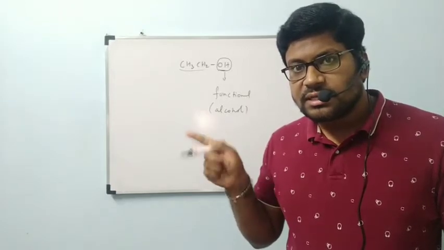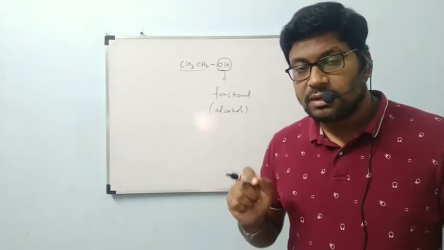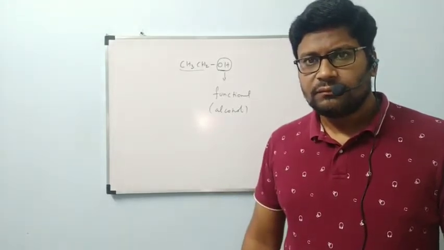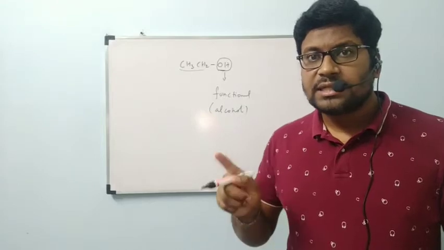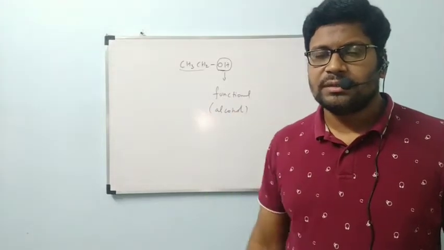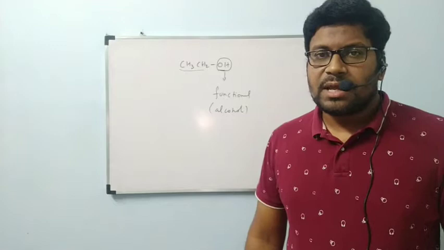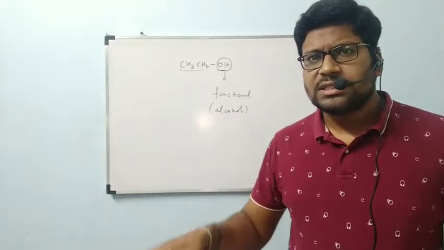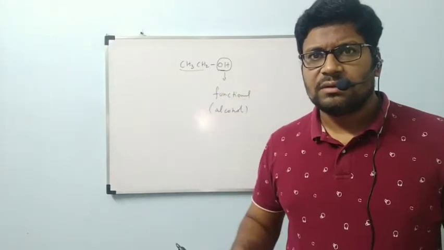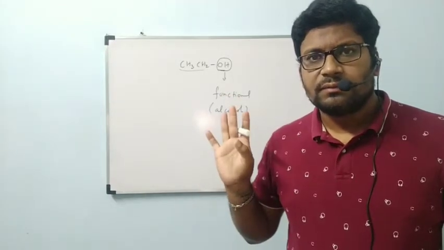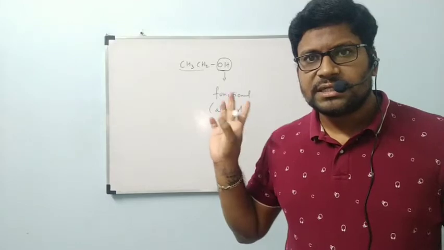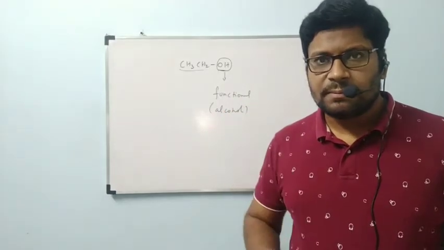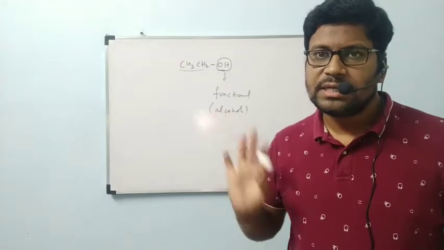It decides the entire properties of the compound, so we can understand how important this functional group is. So we have to give the highest priority to this functional group. Whatever double bond, triple bond, substituents, or side chains they have, if you have a functional group, it must get the least number. According to the functional group only, we have to give numbering.